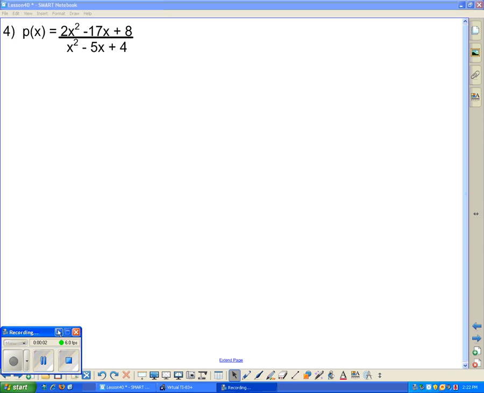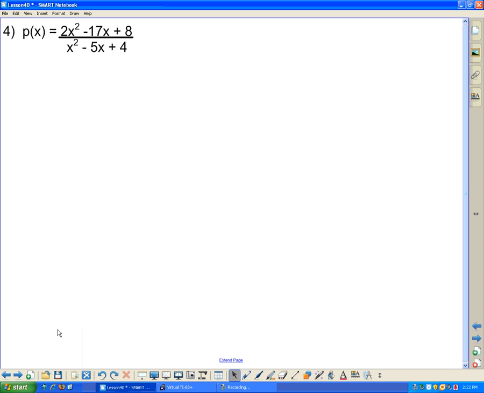All right, fourth and final example. I'm going to take some shortcuts here just to save us a little bit of time, just for video purposes as well. So if we're going to factor this, we would find that we'd factor this down to 2x minus 1 and x minus 8 on top. The denominator would be x minus 4